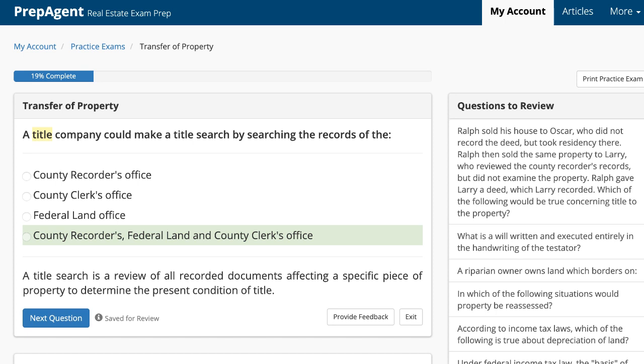Okay, so then you have the evidence of the transfer. What did we say represents the evidence of the transfer? The deed. Good, the deed. Who could tell me different types of deeds? What are some different types of deeds? There's lots of deeds, but we don't need to know all of them to pass the real estate exam.